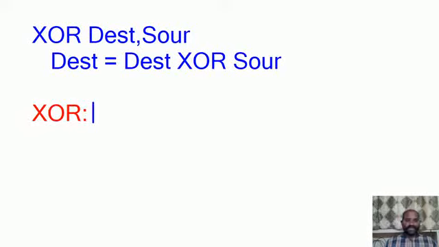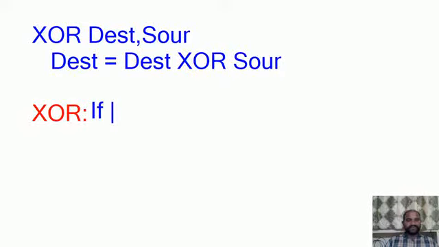If the XOR gate has an odd number of ones at the input, then the output equals 1. Otherwise the output equals 0. So the statement is: if the exclusive OR gate has an odd number of ones at the input, then the output is going to be 1. Otherwise the output equals 0. That is the XOR gate statement.